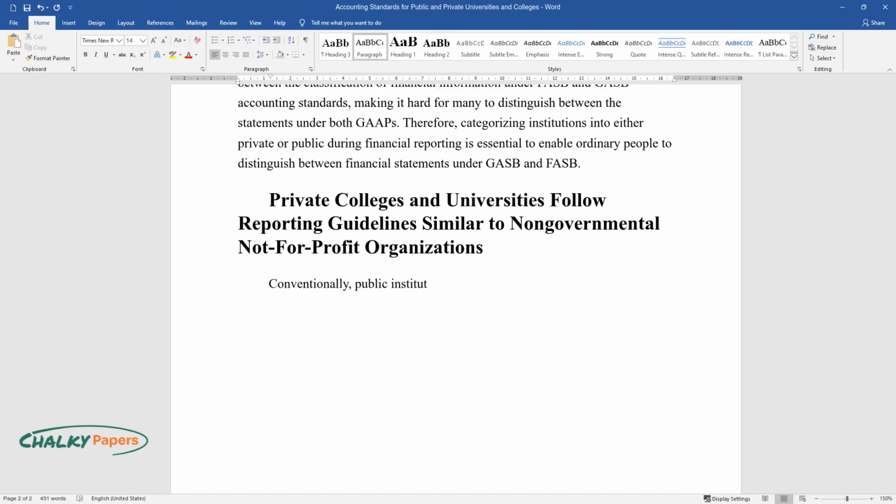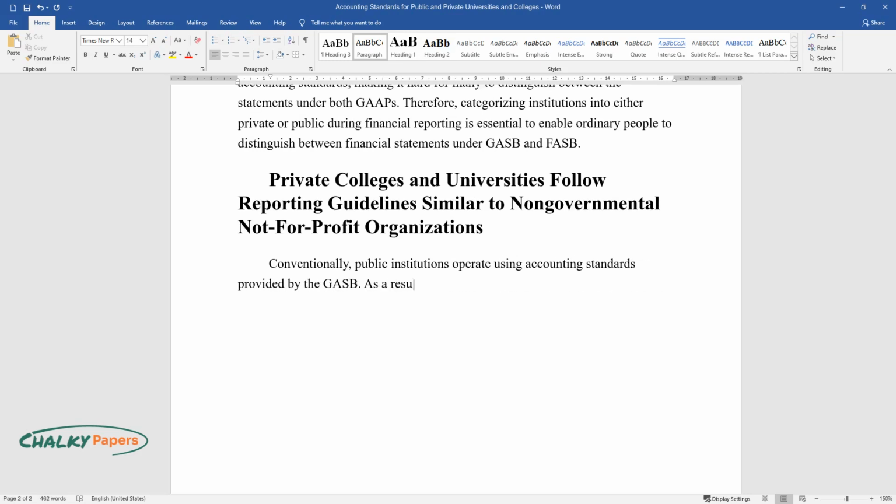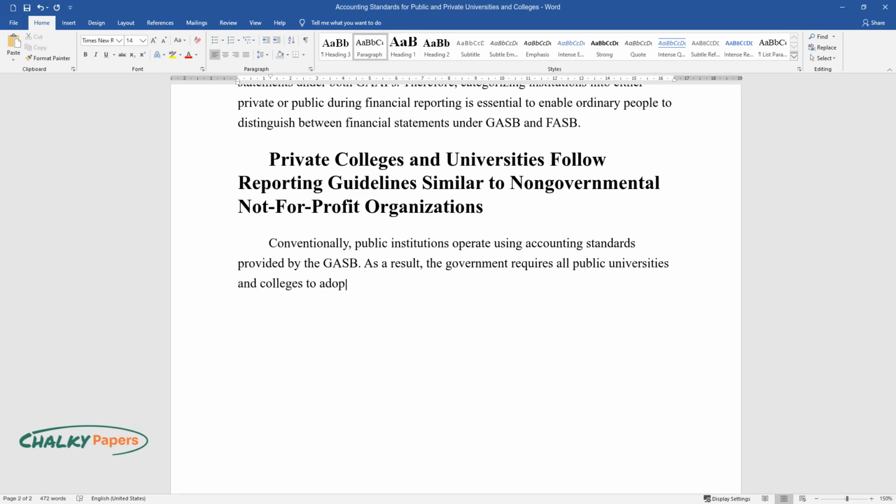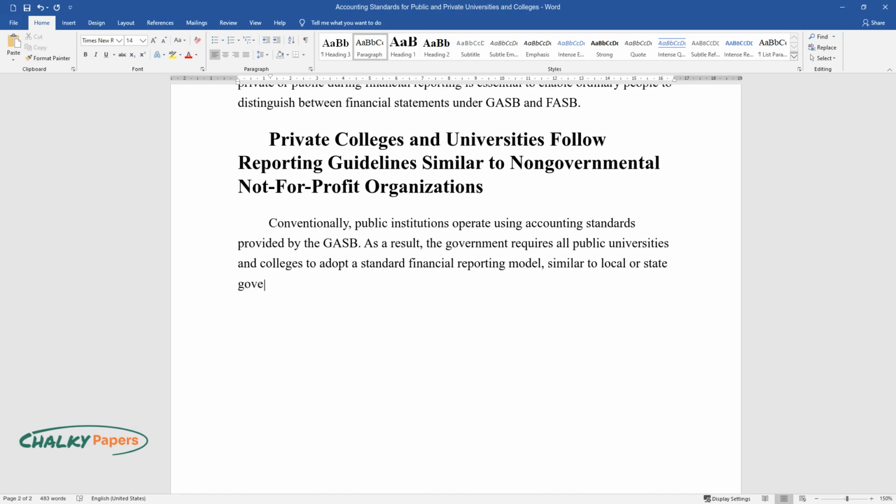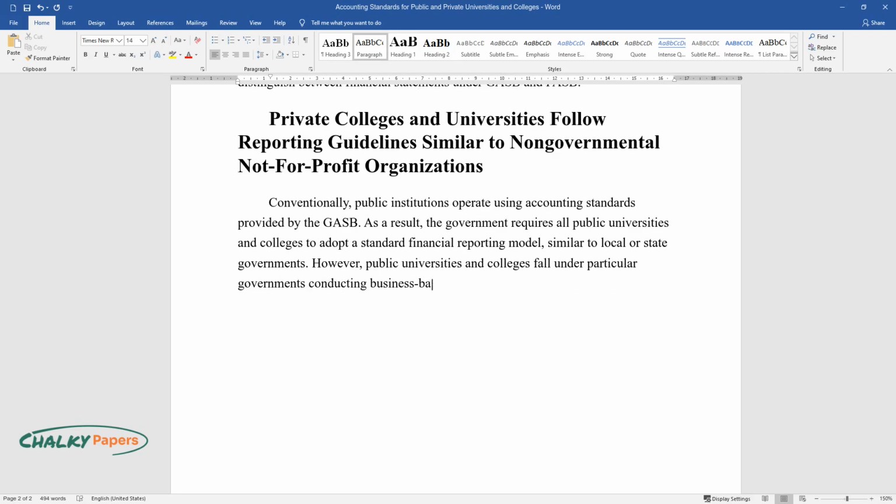Conventionally, public institutions operate using accounting standards provided by the GASB. As a result, the government requires all public universities and colleges to adopt a standard financial reporting model, similar to local or state governments. However, public universities and colleges fall under particular governments conducting business-type activities only, required to provide